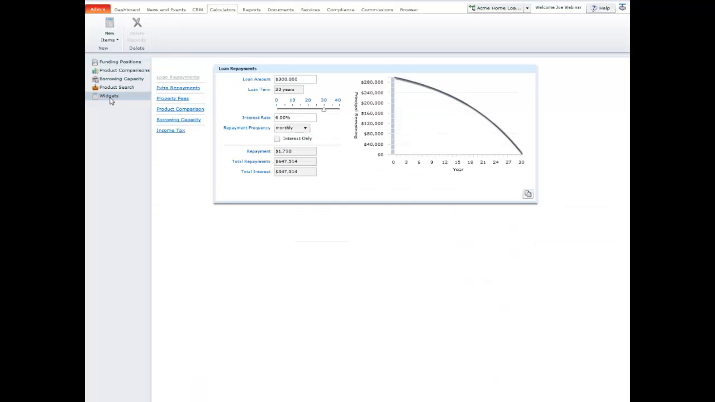So as I said, pretty straightforward types of calculators. You've probably seen a million of them before. There are 6 in total. The first one is a loan repayments widget. Pretty simple. Put in the figure, you can move the loan term along, you can change the actual interest rate,